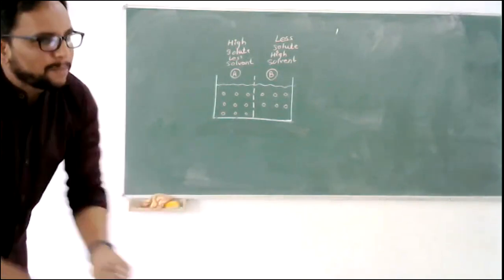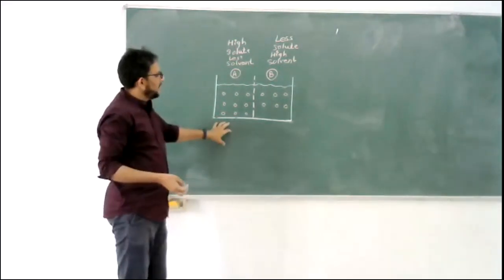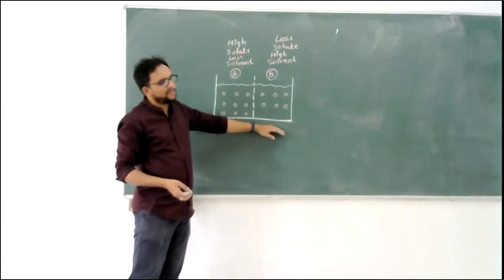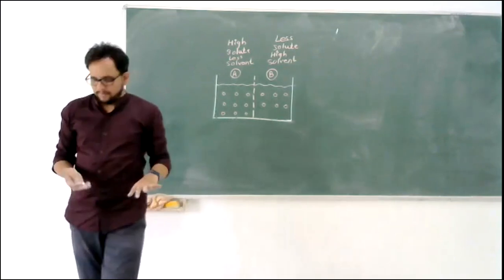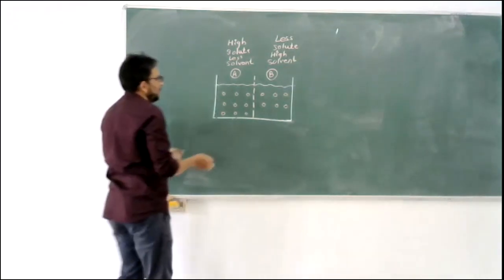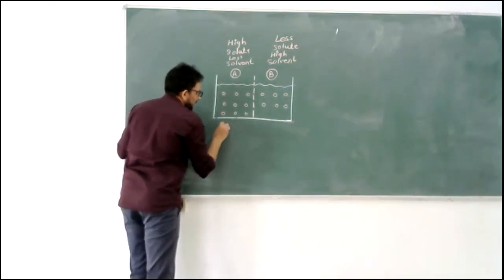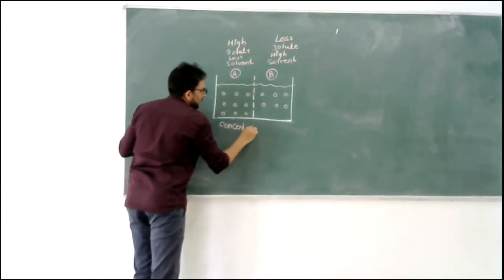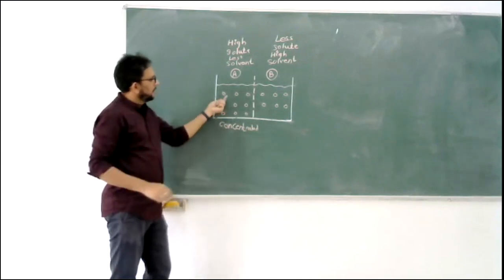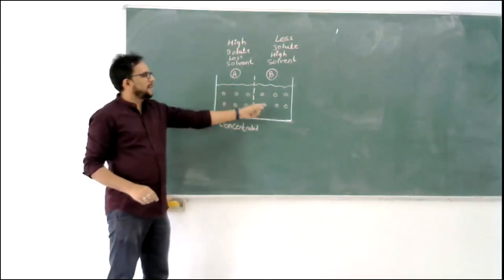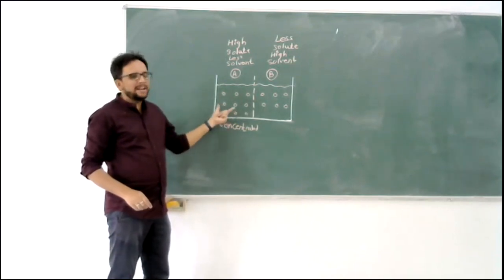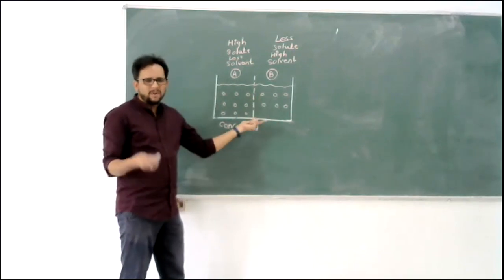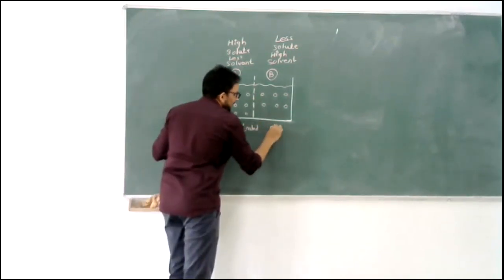Have you understood conceptually why there has to be relatively less volume of water or solvent here, and why there has to be more volume here? Yeah. Then perfect. So, in other words, this is a concentrated solution, right? Why concentrated? Because there is a higher number of solute in the same volume of water. Within 100 ml, let's say we have 9 grams here, and here within 100 ml we have 6 grams or 6 molecules, whichever. And this is dilute.